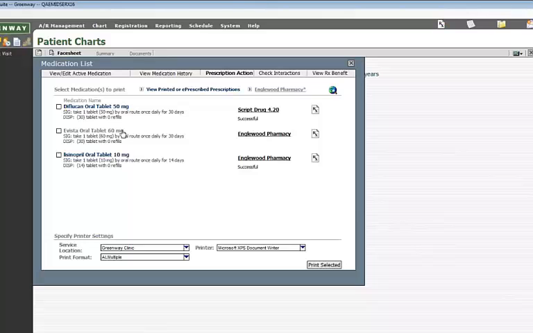Now, if I needed to not send it electronically, if I just needed to print, then I can go ahead and actually print the prescription. You'll notice that down at the bottom, I have my service location, my print format. This basically should look familiar. I can go in, choose that, and then choose the printer that I want to send that to. So at this point, I'm not going to print anything, but that is the actual transmission process for sending your new prescription. There's nothing else